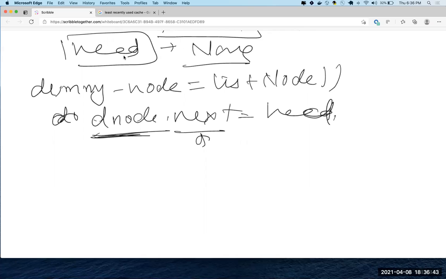What if both are null, right? These are the things that people actually get confused in, and they get a lot of errors. So if you use just a dummy node and make its next as head, try to solve all those linked list questions. You'll be able to do it very easily, right? So just try it out.